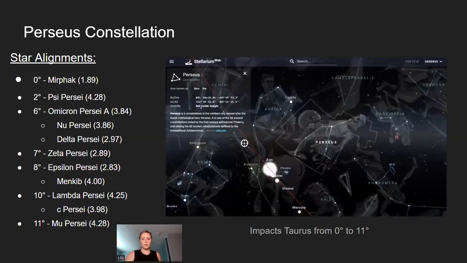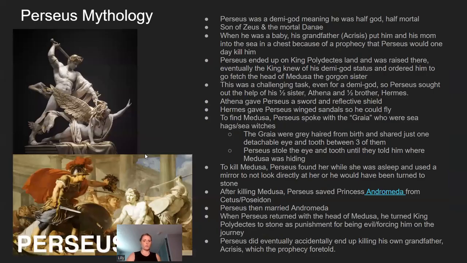But let's see. All right, so the first constellation we're going to talk about in Taurus is Perseus. We see Perseus up above Taurus. We did just talk about Perseus as far as it aligned with Aries. Now we're going to talk about it as it aligns with Taurus. So it impacts Taurus from 0 to 10 degrees. If anybody has Taurus at 0 degrees, 2, 6, 7, 8, 10 or 11, they may experience some of this